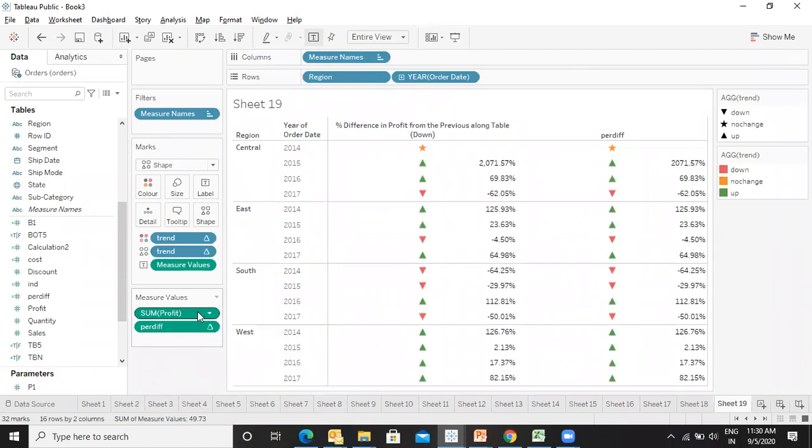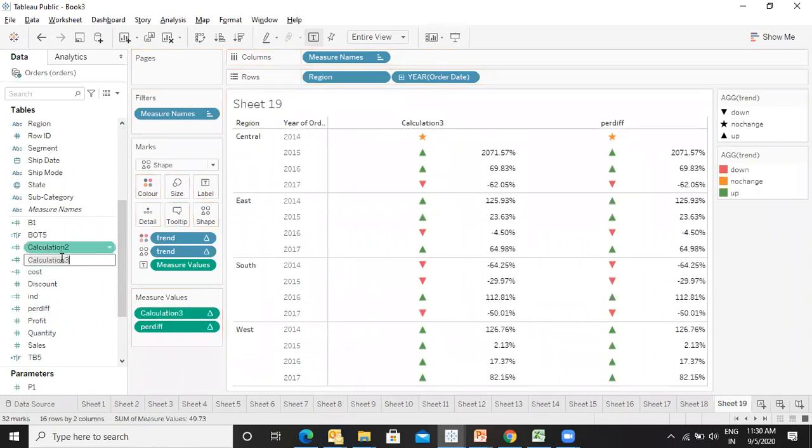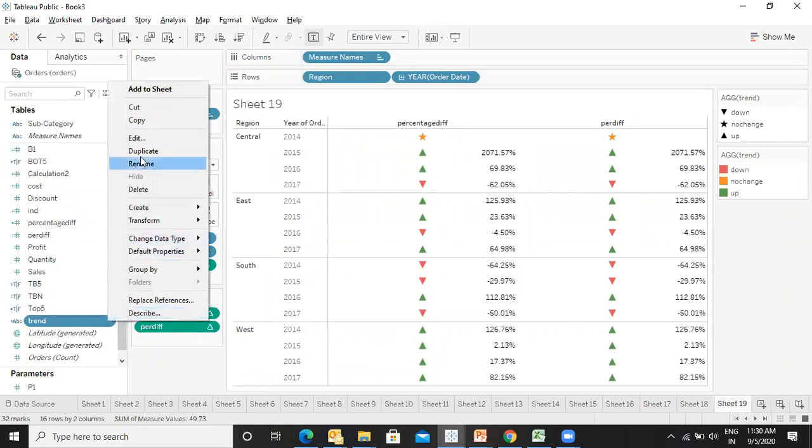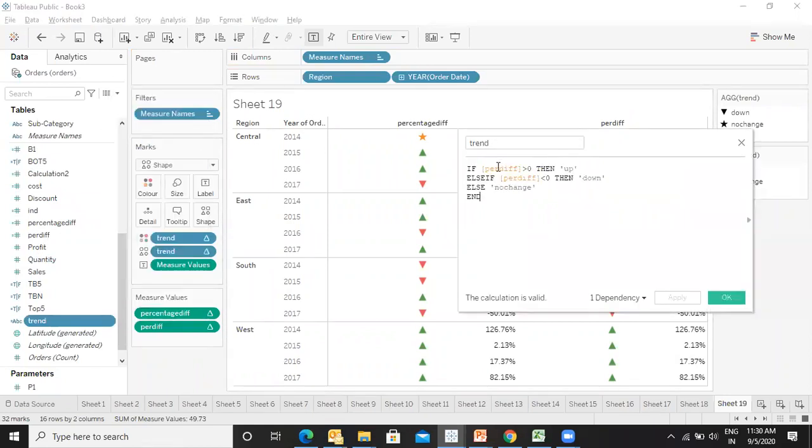Now I move it to the measures section, and it will say calculation. I give it a name like percentage difference. Now it becomes a measure. Now I can use this measure in my calculation, which I have used in the trend. So we are just taking the percentage difference. Greater than 0 positive, less than 0 negative, and else there will be no change. Okay.